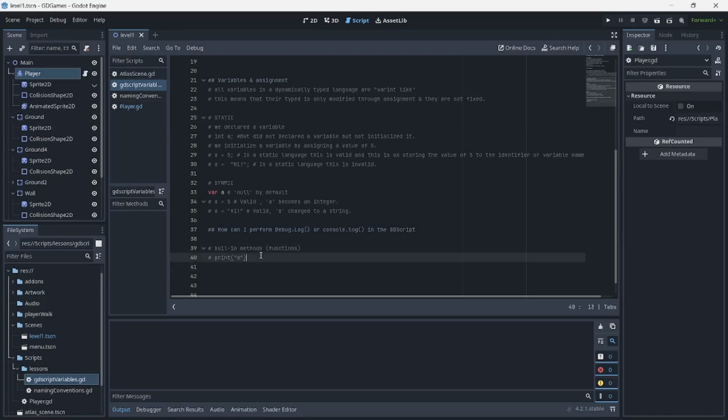So again, as I mentioned, when we say methods, these are just another term for built-in functions that have already been made by developers. And if you go and read a little bit of forums, this is something that I was really confused about way back then. And that's why I wanted to at least have a little bit of distinguishment between methods and functions. So functions are basically methods, but the difference is this is made by the Godot developers, the ones who created the engine, and it's already available in the GDScript language. Unlike with functions, this can be customized. Okay, so we'll talk more about that.